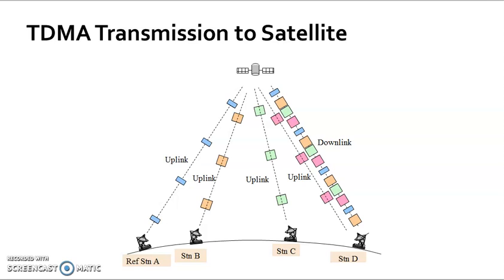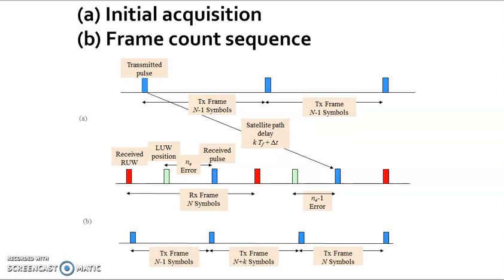So the system at the transponder in a satellite is more complex, because it has to be accommodated with the given delay, and we can find out what information is to be sent by each and every earth station. That's why we have a circuit system for understanding which frame we have, or from which pulse or which particular information is transmitted from the stations. Here one example is the initial acquisition and a frame count sequence.